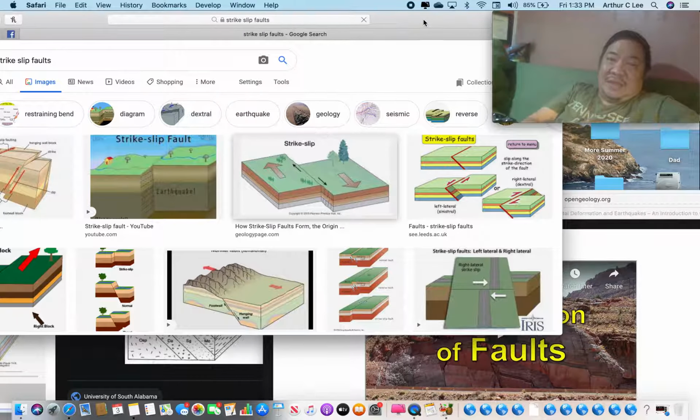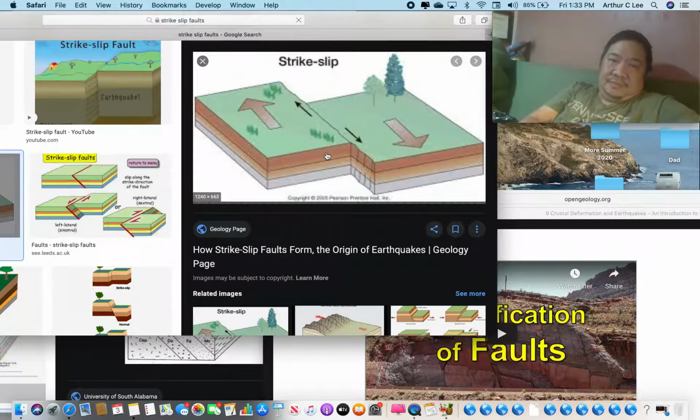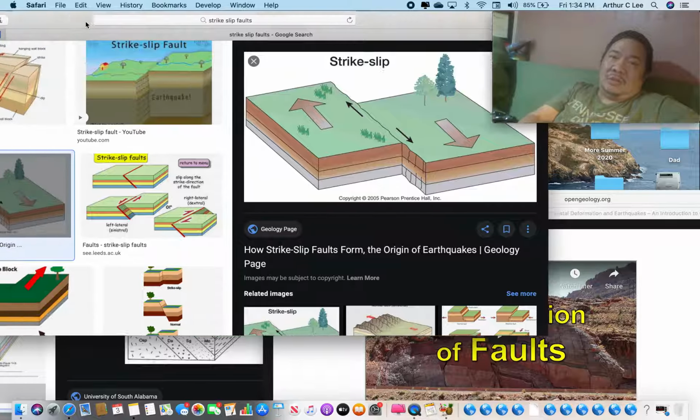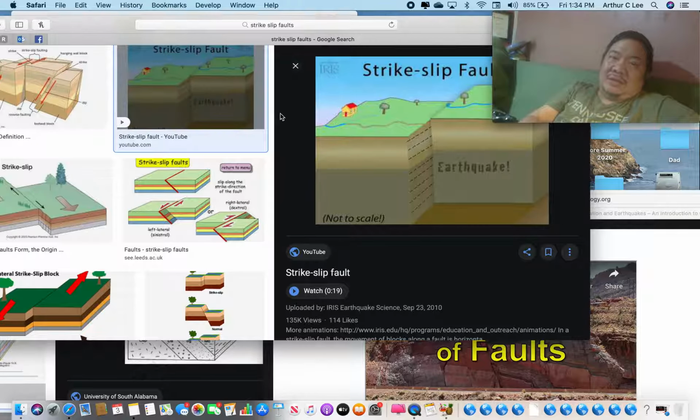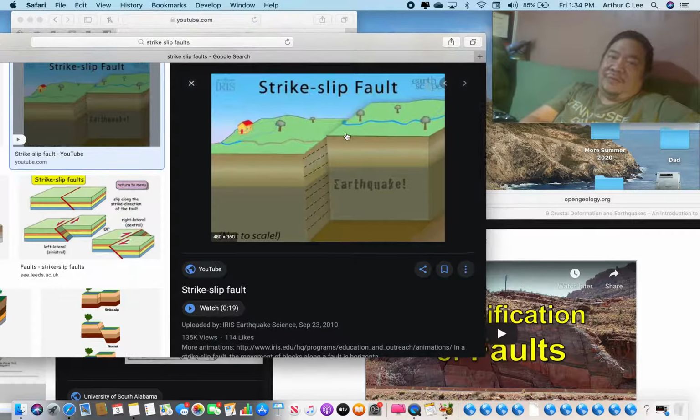This is a strike slip fault right here. Notice that one side moves relative to the other without any change in elevation. So you can't identify a hanging wall or footwall for a strike slip fault. And strike slip faults are easy to recognize because they will offset features such as roads, sidewalks, rows of trees,